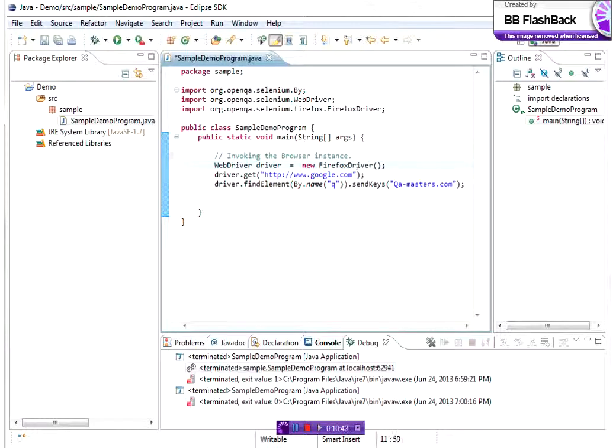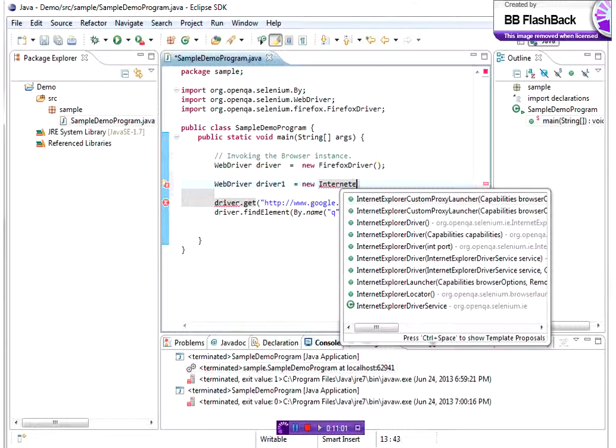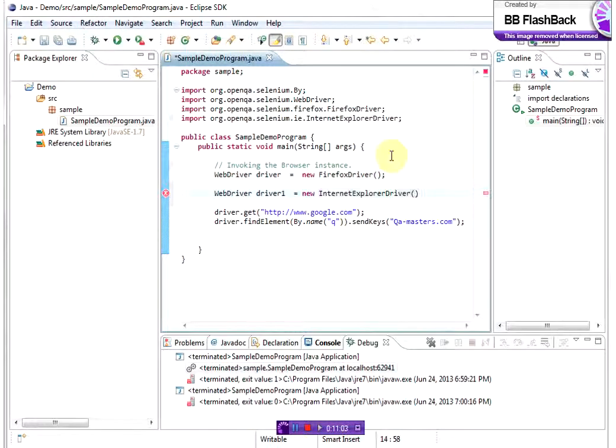We can launch any of the browsers. If I am interested in Internet Explorer, WebDriver driver is equal to a new Internet Explorer driver. This launches Internet Explorer instead of Firefox.